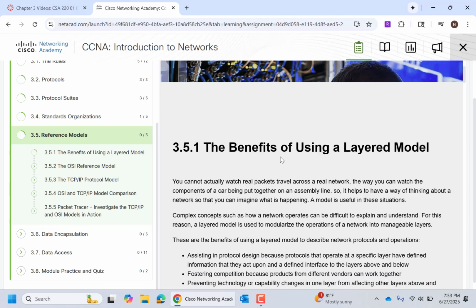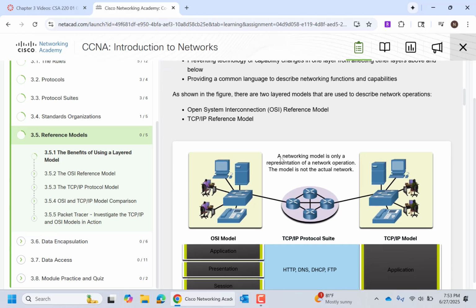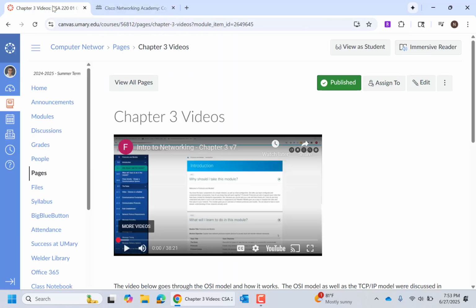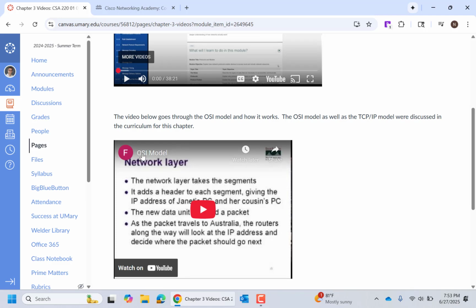Reference models. Reference models give us an idea of how communication works on the network. What I am going to refer you to here is this OSI layer model video. I think it will really give you an idea of how the OSI model, TCP/IP, not in a ton of detail, but how that really works in our network communication.